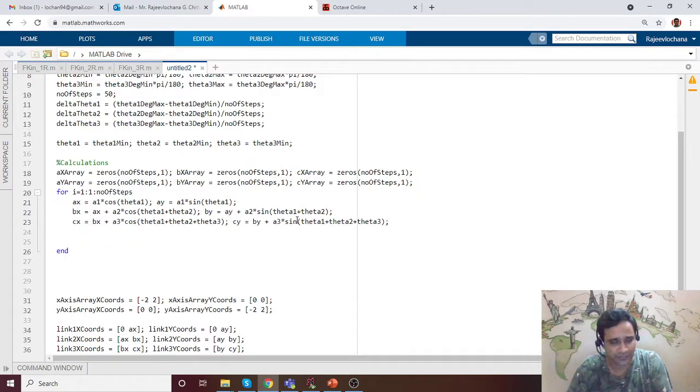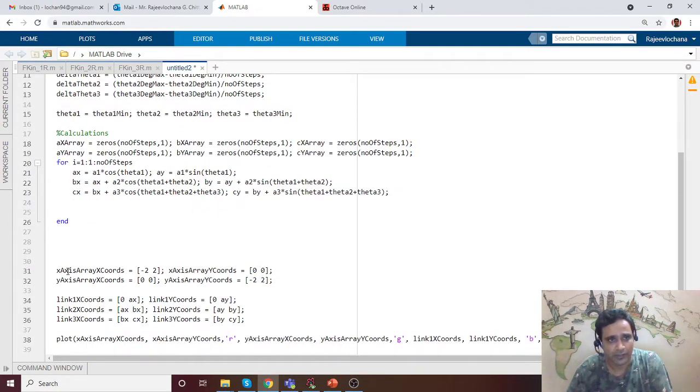Let me just get rid of it. Whatever value of ax is determined, we will put it in this array because we want to use it later on, either to export it as an Excel file or to have animation. We want this data.